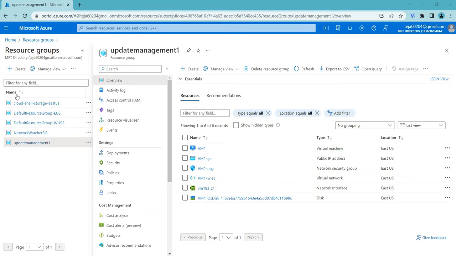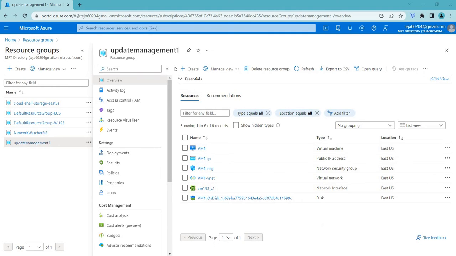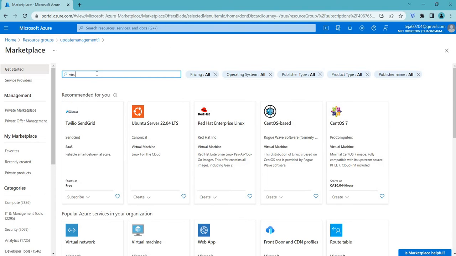For this specific lab, I have created a different resource group, update management 1, and inside this resource group I have created my virtual machine as well as virtual network. To create this virtual machine, you can just search the marketplace